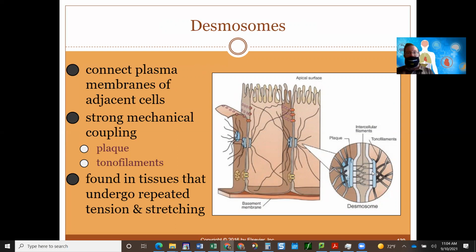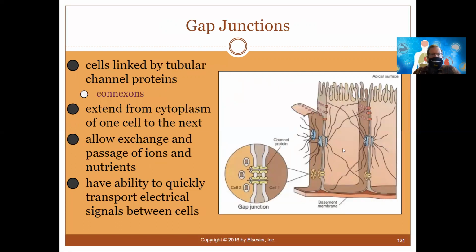So repeated tension and stretching, that sounds like fascia, which is going to be surrounding muscle tissue, kind of skeletal muscle. So desmosomes. And then gap junctions, the third type, those are, I guess you'd say, maybe the weakest of the links,